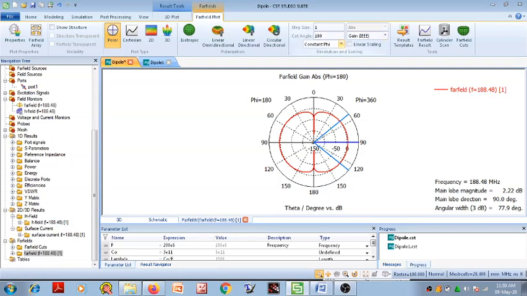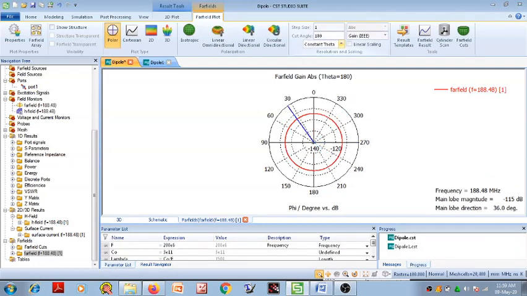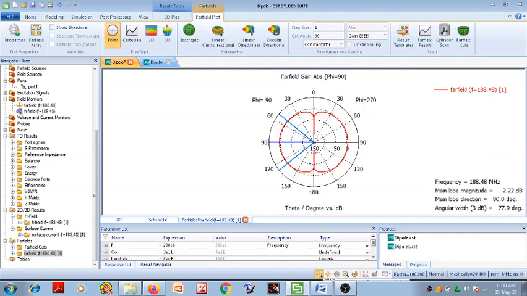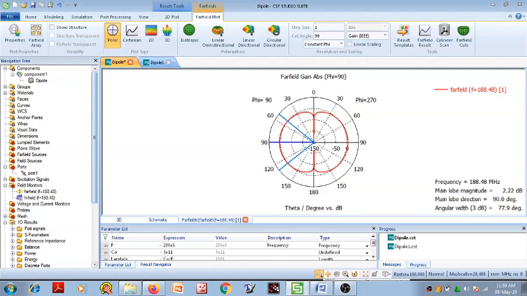If we want to check the top view, meaning we have to check the variation of field with respect to theta, click on this constant theta. Okay, so select 90. From top view we can find that the radiation pattern looks like this. Okay, from side view it looks like an 8 shape radiation pattern. Okay, in this way we can simulate the dipole type of antenna.